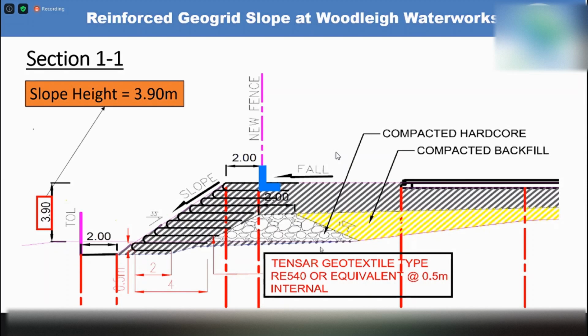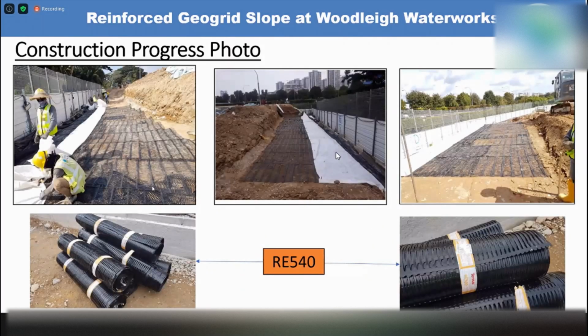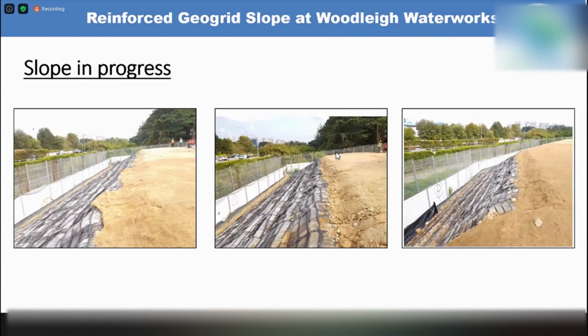So we actually top up 3.9 meter high with a steep angle of the slope. Now this is the photo showing the progress of the slope. So again, we lay the Geogrid horizontally and with enough embedment length, and then we will actually compact the soil, and then we build layer by layer. So this is a photo showing the progress of the Geogrid wall construction, and you can see after it's constructed,